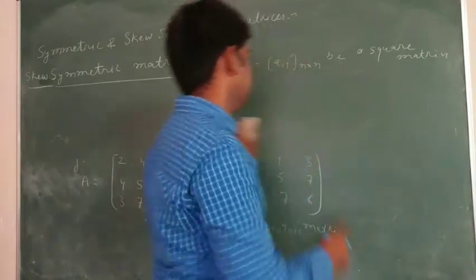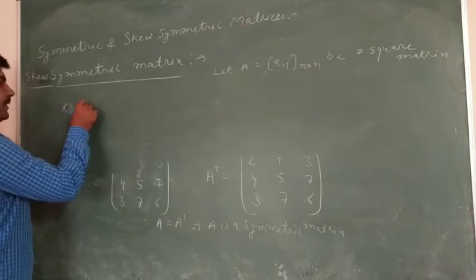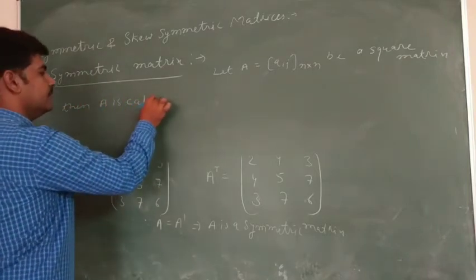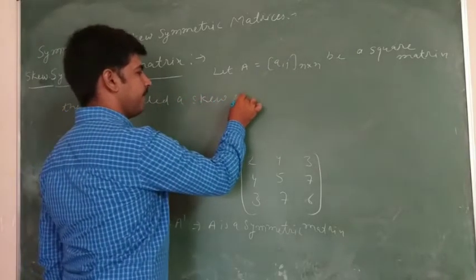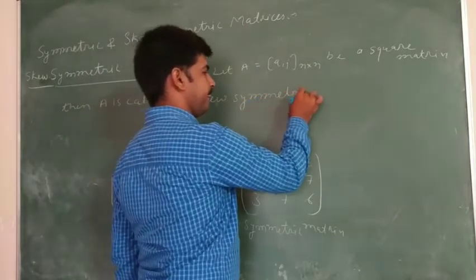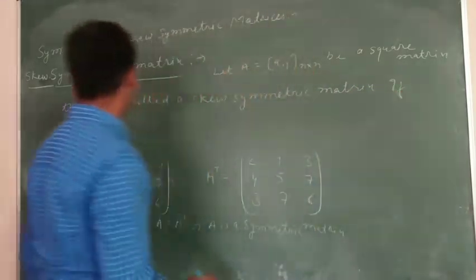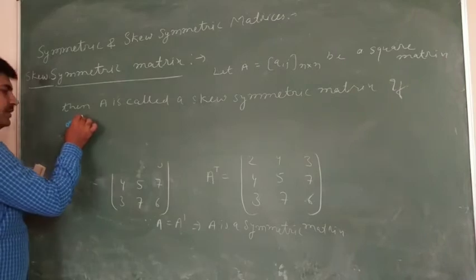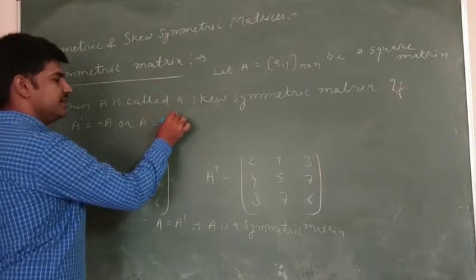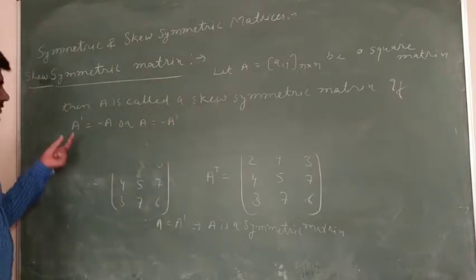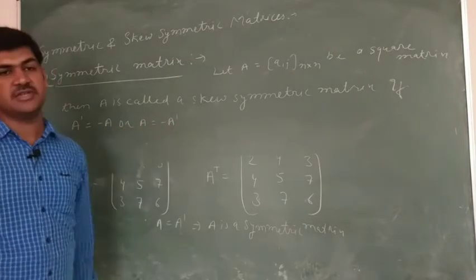Let A be a square matrix, then A is called a skew symmetric matrix if A dash is equal to minus A, or A is equal to minus A dash. It means if the transpose of A is equal to the negative of the matrix, or the matrix is equal to the negative of its transpose,